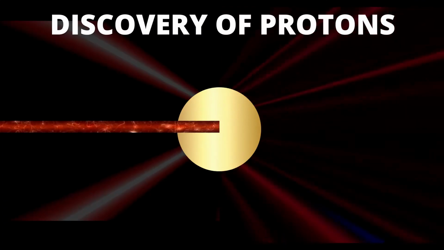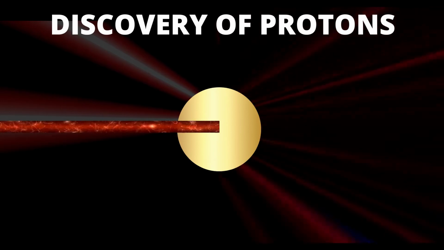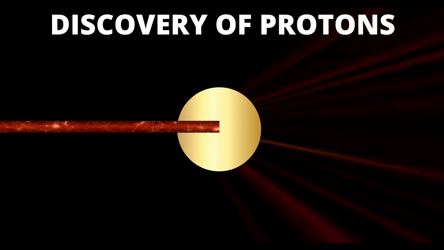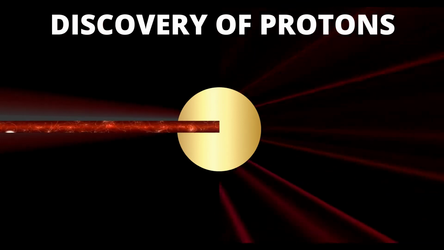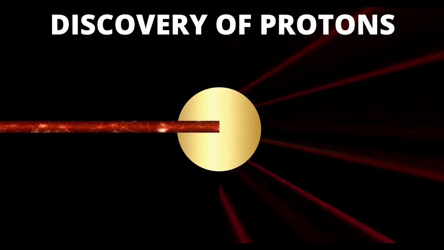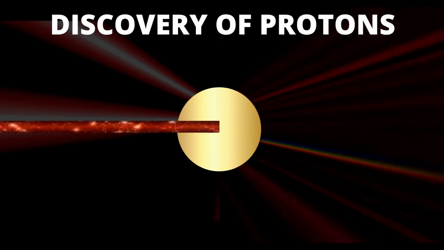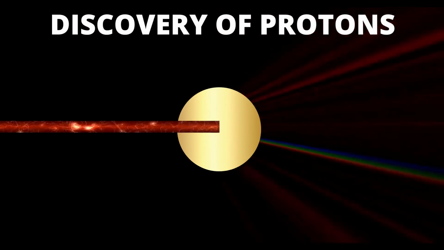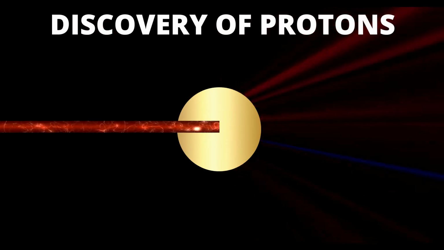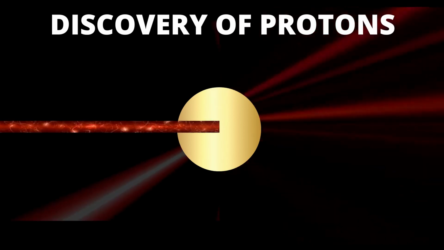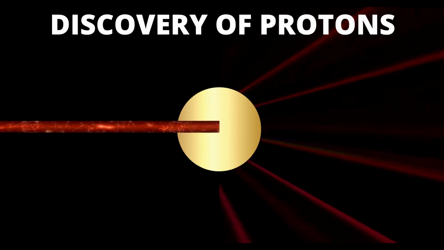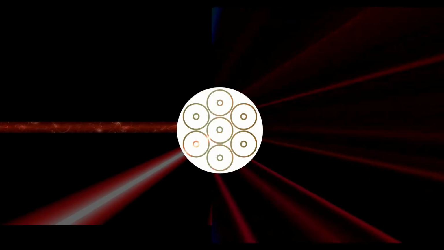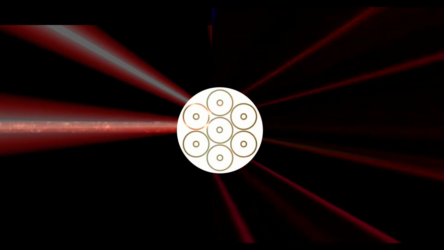Rutherford, a student of J.J. Thomson, modified the atomic structure with the discovery of another particle called the proton. His atomic model was based on the positively charged alpha ray scattering experiment. He bombarded a thin gold foil with alpha particles and noticed that most of the rays just went through the gold foil, and only a few rays got reflected back at an angle of 180 degrees after hitting the gold foil. On the basis of this experiment, he concluded that since most of the alpha rays have passed through